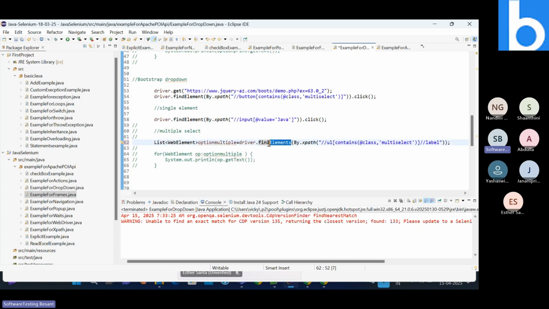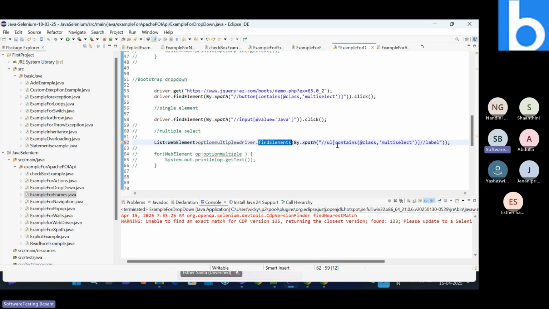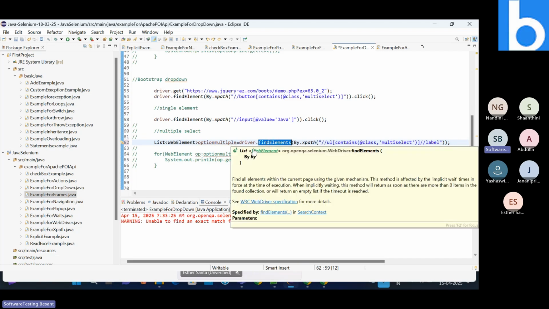The same find elements, this method will find all the elements, okay? Whichever XPath matches with the particular element, it will select all the elements, okay? So when you mouse over this find elements, it will show the return type. It is a list of web element, okay? So all the elements will be found and stored in a list of web elements,